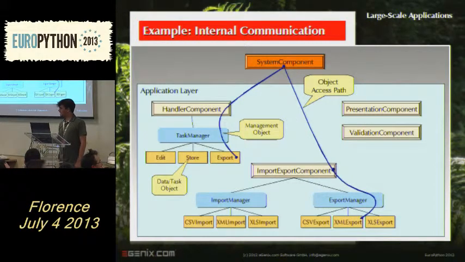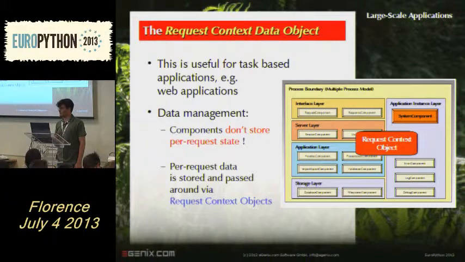This may look a bit complicated and maybe a bit inefficient, but in the end this kind of system provides the basis for doing loosely coupled components, because you can easily exchange those components and change everything that happens inside of them. For example, when you call the import-export component from the export task object, you call a method on the import-export component. You don't call the method directly on the XML export further below. That makes sense so far? Okay.